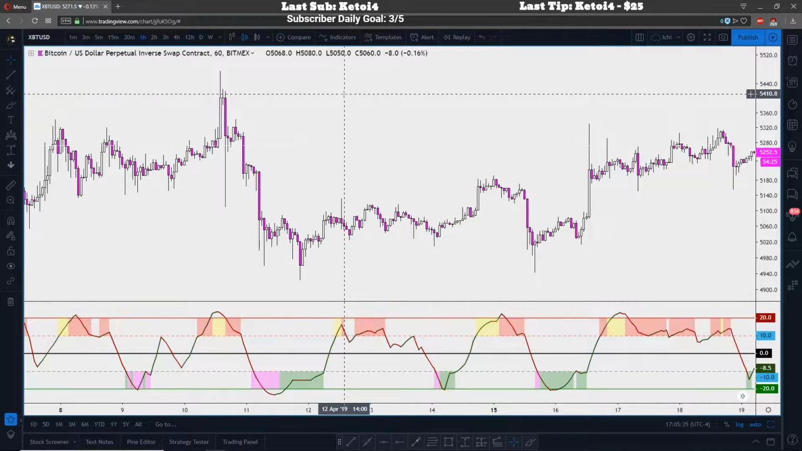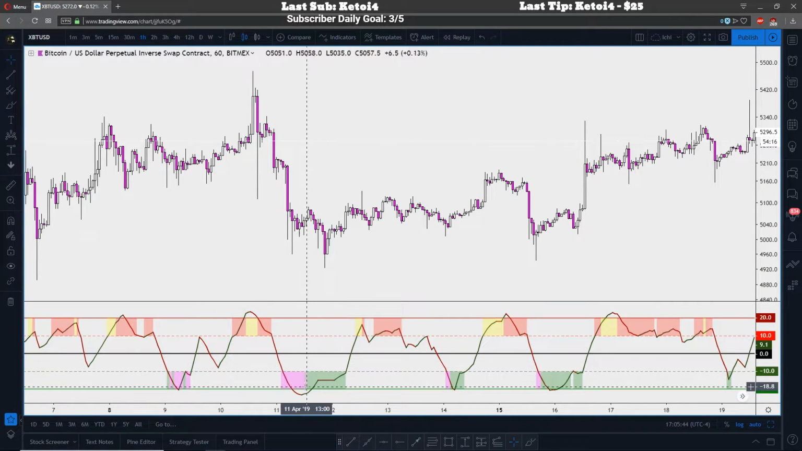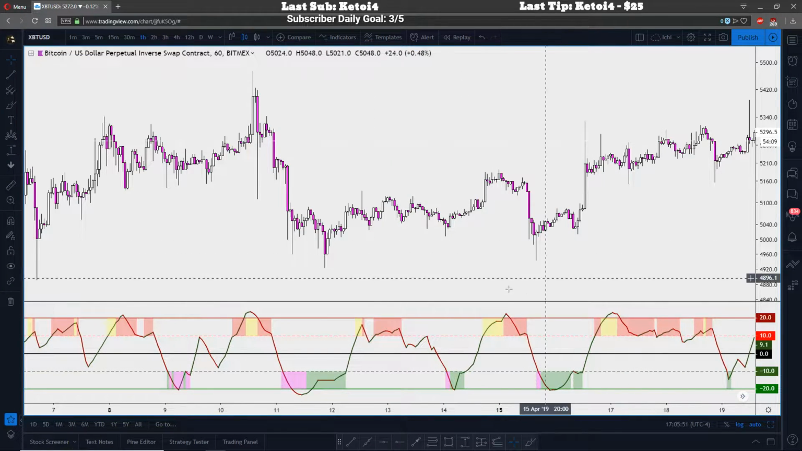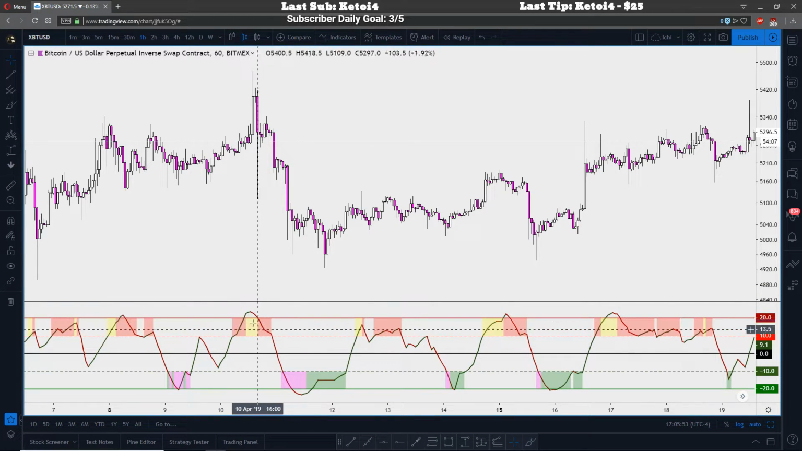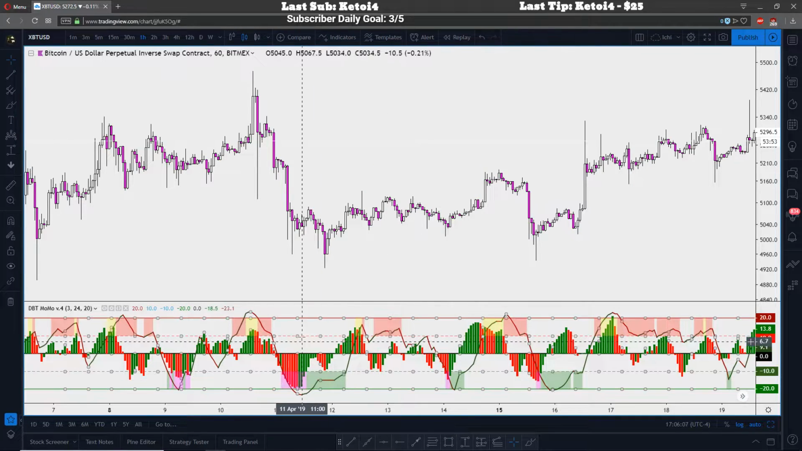The most basic use of this indicator is to find extension points to the upside and extension points to the downside. So as you can see, this is the trend line. This is the slower version of the MoMo. The histogram is the faster version. The trend line is very good at detecting highs and lows in between this 20 and negative 20 range. So if we tie that together with the fast line, which is the price line,